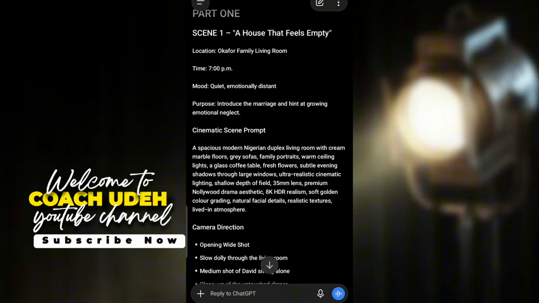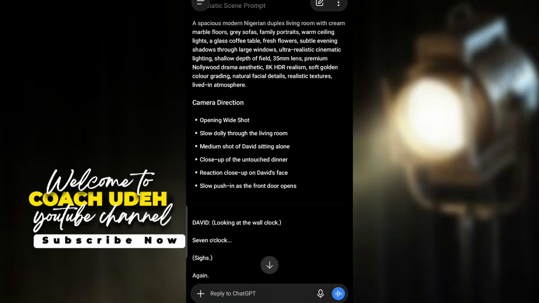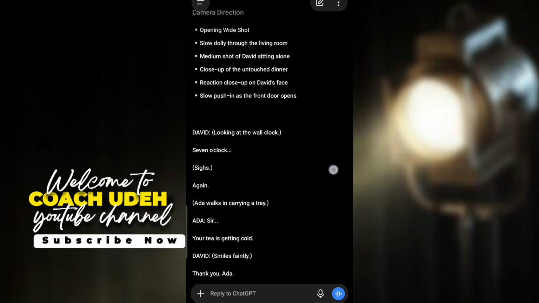Now the cinematic prompt. This is very, very important, because this prompt is what I will use to tell the background, like the location where this scene will actually happen. As you can see, this is my open camera direction. Very important. This will help your story look as if someone is holding the camera from the background when you are converting your images into a talking photo.